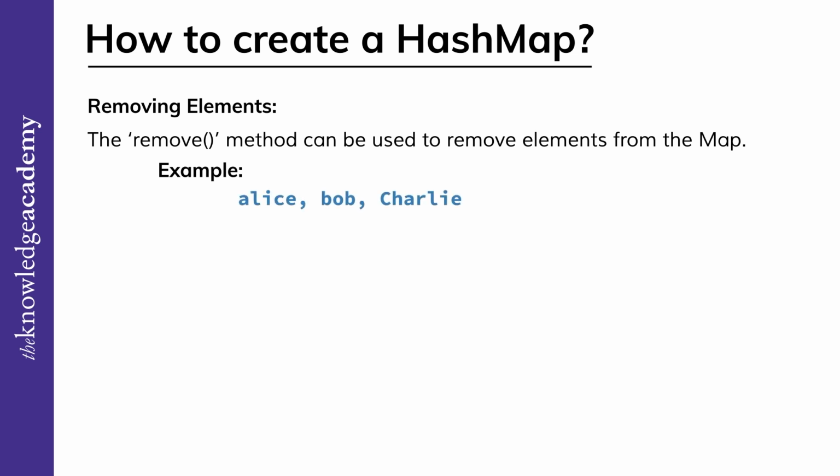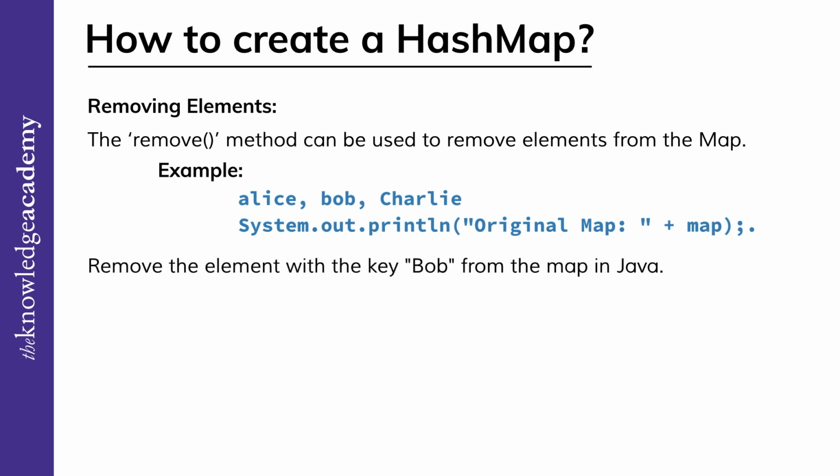and Charlie. We print the original map using the system.out.println original map plus map. Next, we use the remove method to remove the element with the key Bob from the map in Java. We store that value associated with Bob in variable age so that we can print it later. Finally, we print the updated map using the system.out.println